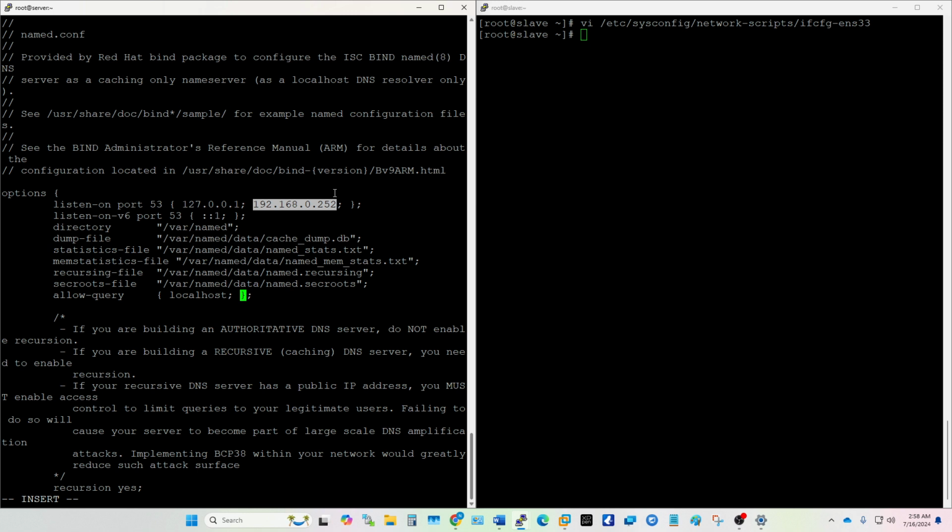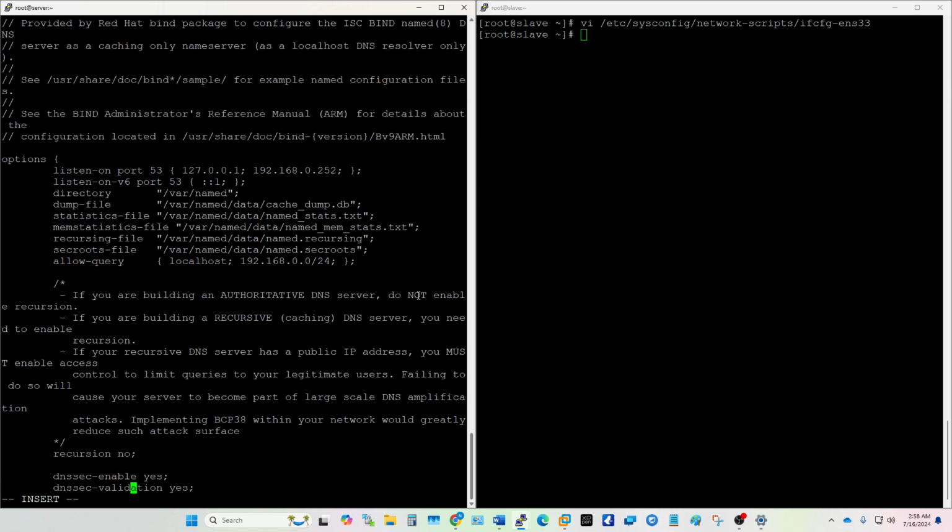I don't want to go out of this network, 192.168.0. So I will configure this network only: 192.168.0.0/24. Apart from this network, no other network IP address can reach this DNS server. Okay, now